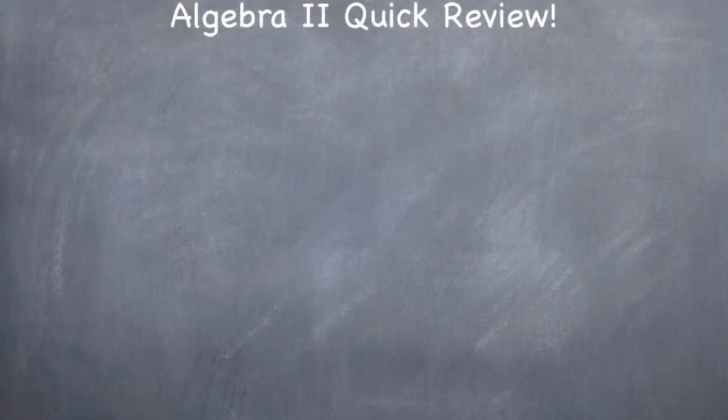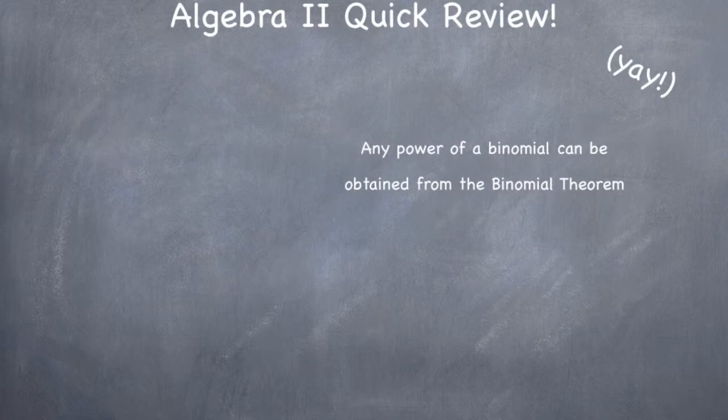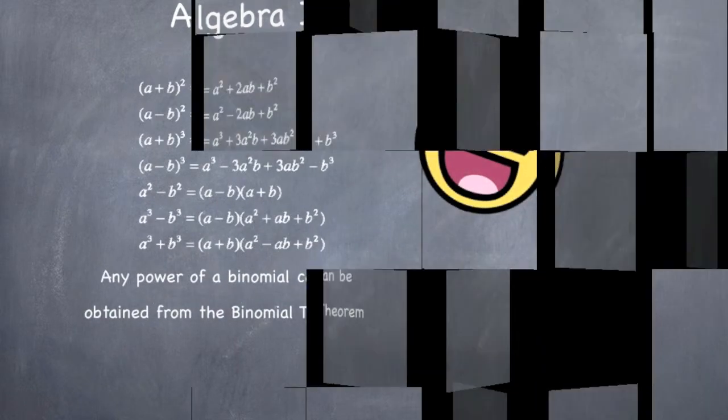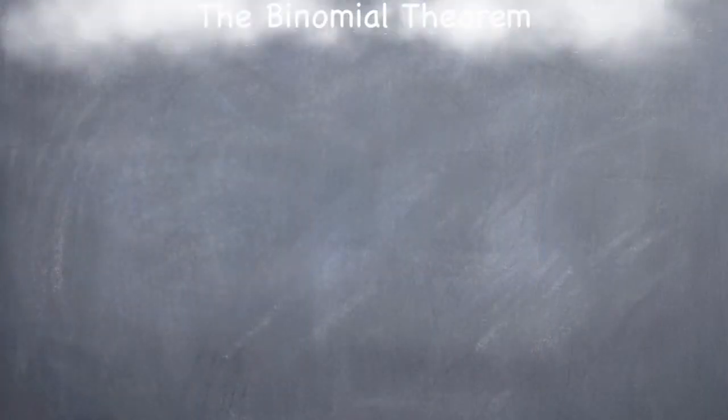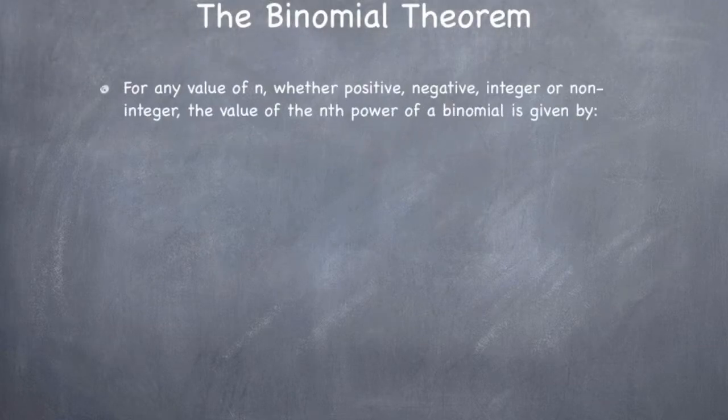Let's do some Algebra 2 quick review. Any power of a binomial can be obtained from the binomial theorem. The binomial theorem: for any value of n, whether positive, negative, integer, or non-integer, the nth power of a binomial is given by